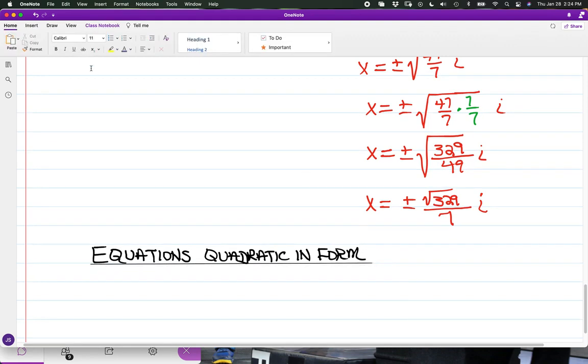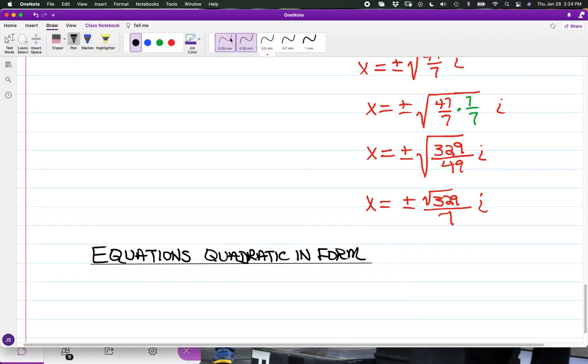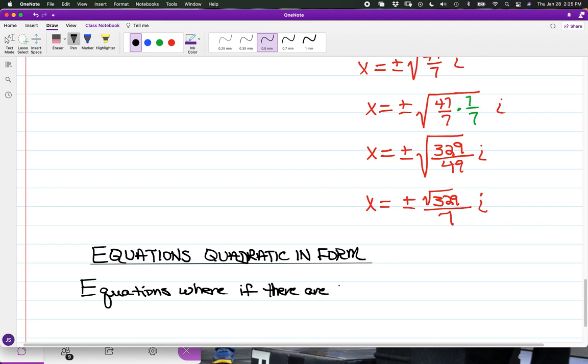Okay, now for equations quadratic in form, without giving a very long definition, we say that equations quadratic in form will not always be displayed as such, but we have equations where, if there are two variable terms, say if there are two terms in the dependent variable,